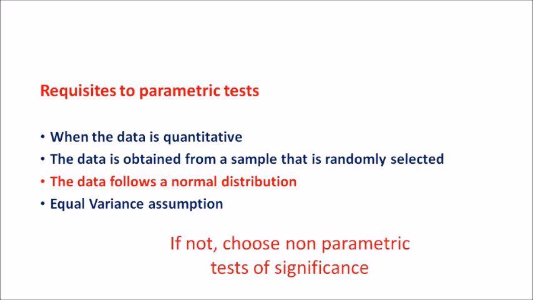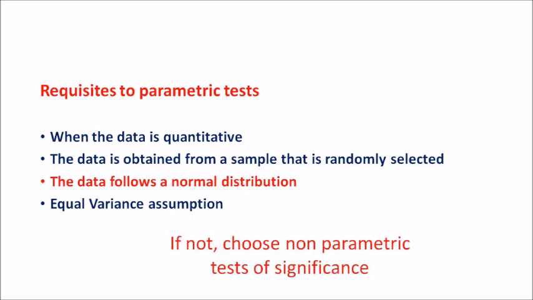We'll be having a huge number of data, so just by examining the presence of outliers we cannot tell, right? So how we do it in software is by finding the mean, median and mode. If the three, mean, median and mode, are equal, then it is following a normal distribution. Then we can go for a parametric test.